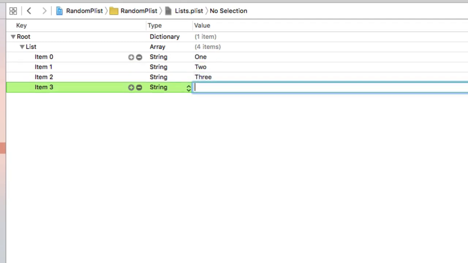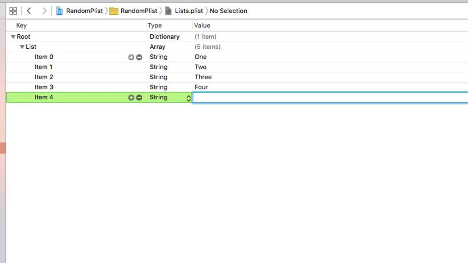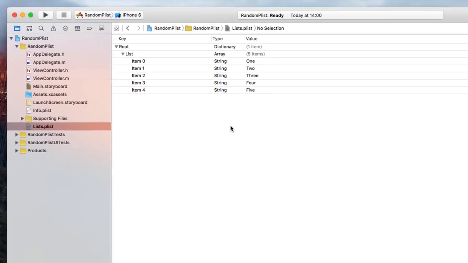3, 4, and 5, we've now created 5 items within our list, and each of these items equals a word, which is 1, 2, 3, 4, and 5. So we've inputted information, and our random generator will select one of these items from our property list